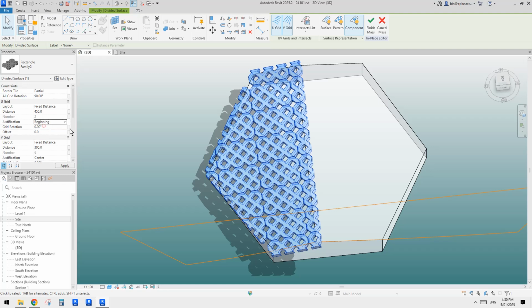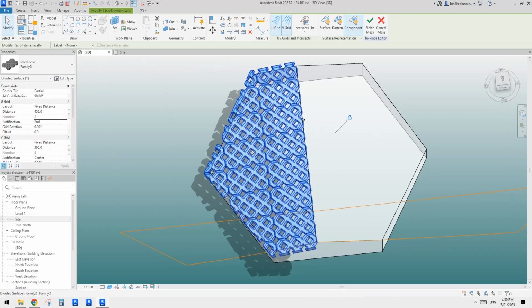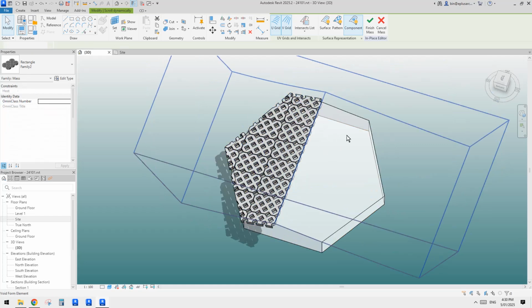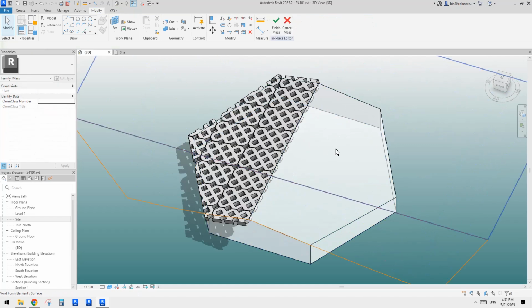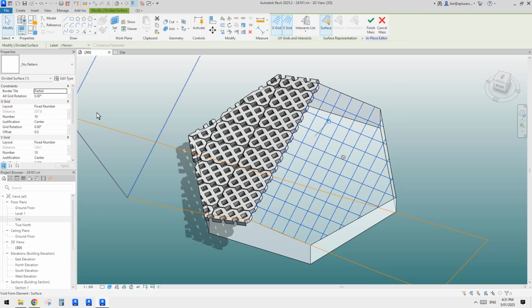So I'll just have a test. Begin, no, and still yes. So you can see it starts from here. So yeah, the same thing. You can just tab until you select the surface, and then change the fixed distance,